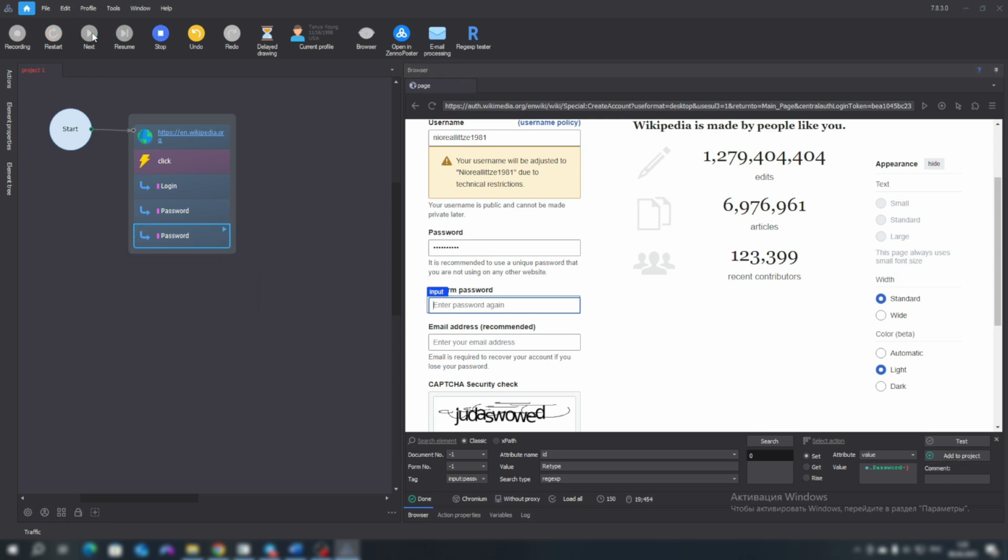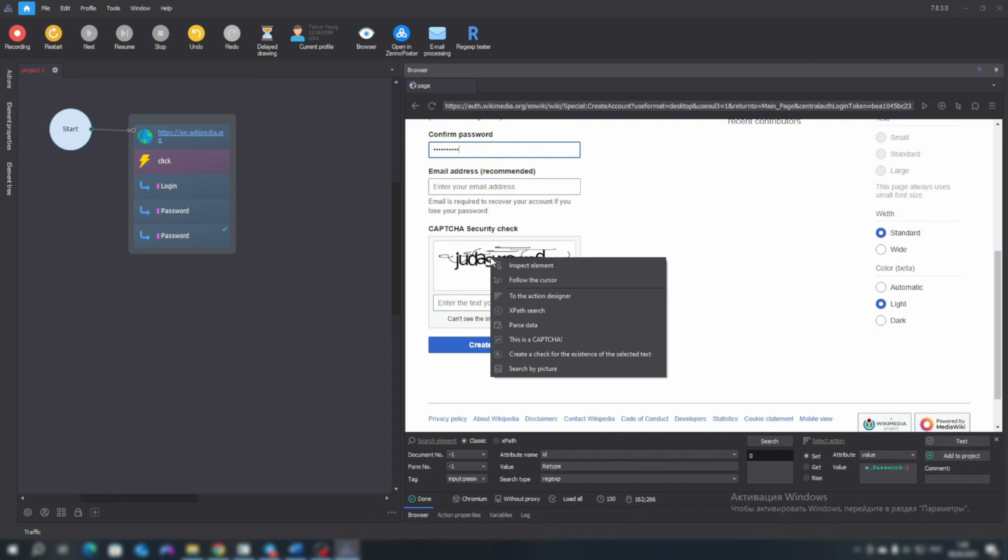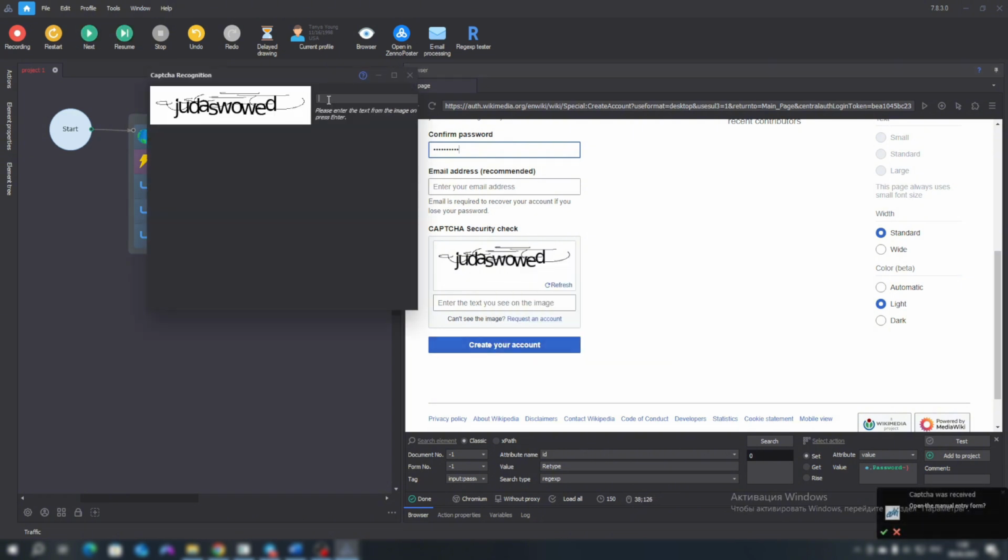Next, we need to solve the CAPTCHA. Now I will show why it's important to disable automatic action recording and how they can change. Right-click on the CAPTCHA and click on this CAPTCHA. Close this field. Okay? And move on to the property of actions.